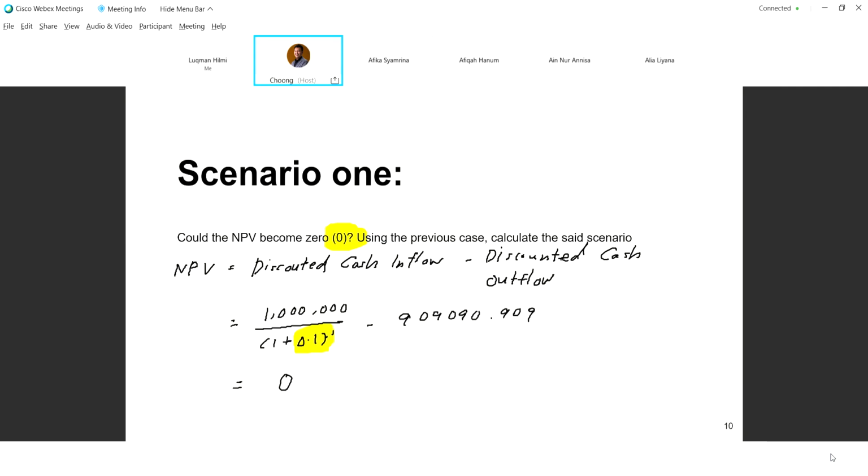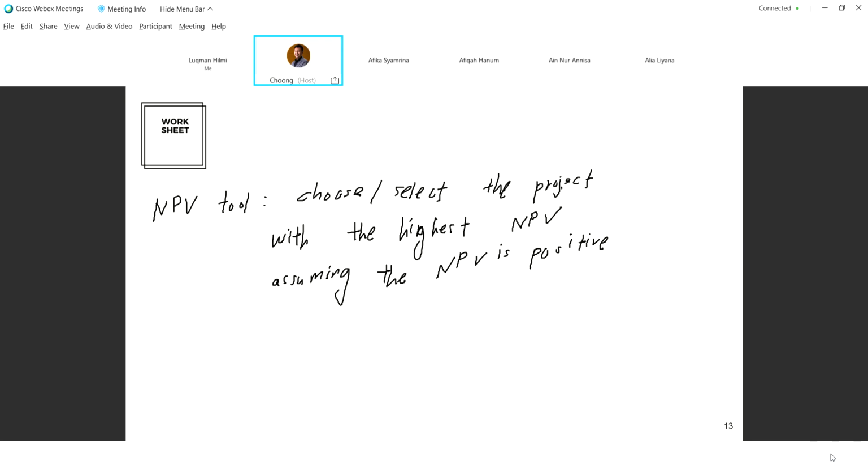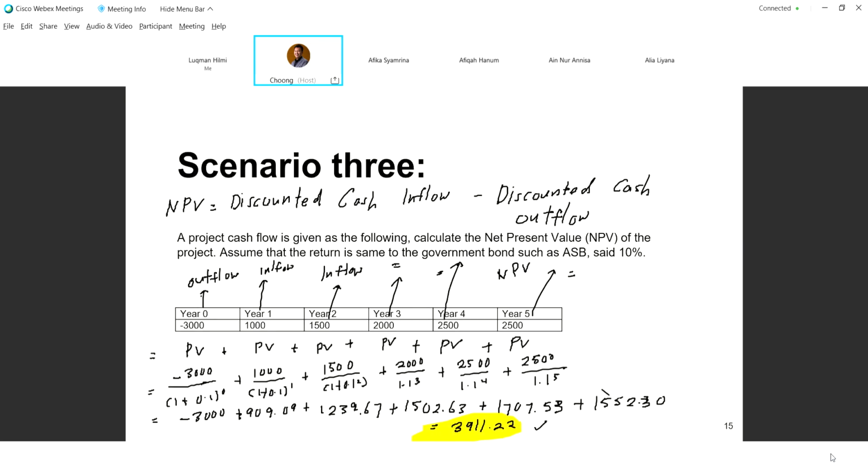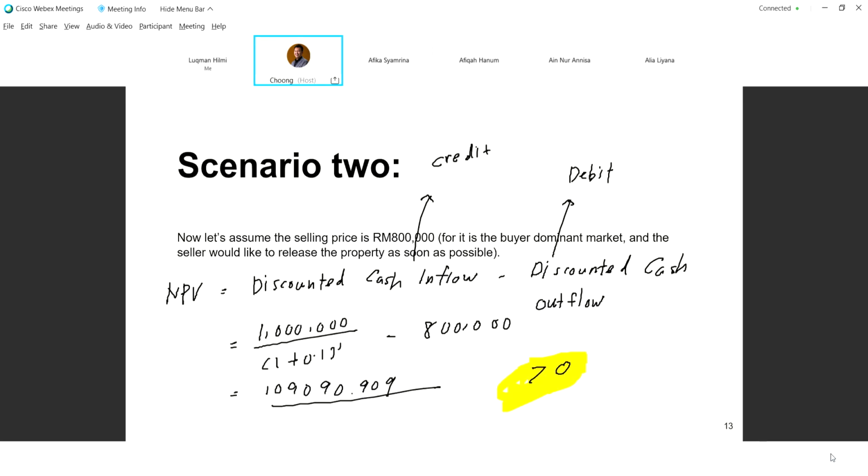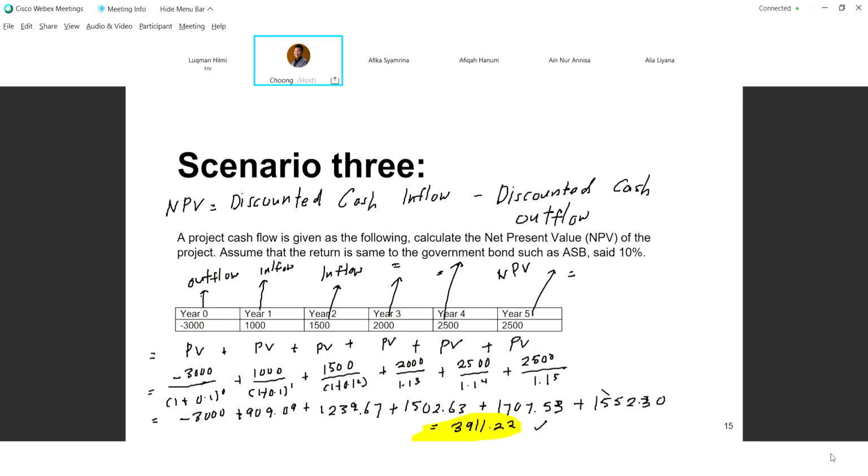So NPV sama dengan discounted cash inflow minus dengan discounted cash outflow. Lebih senang kalau kita lihat yang scenario ketiga ini. Inflow sebenarnya adalah kredit, keuntungan. Kalau yang outflow tu means that your debit lah, your cash, your cost and so on, you use it for this project. So kita guna satu example semalam, katakan sekarang you nak invest dalam your